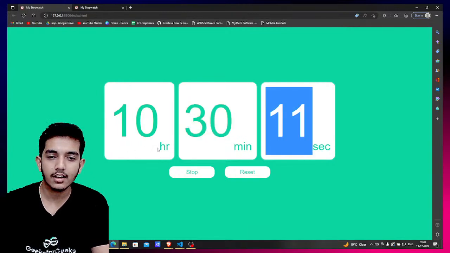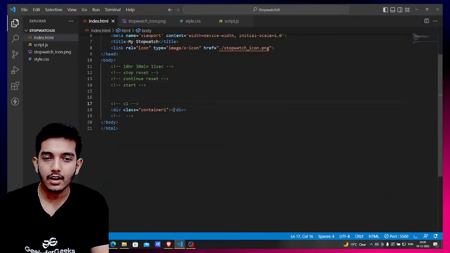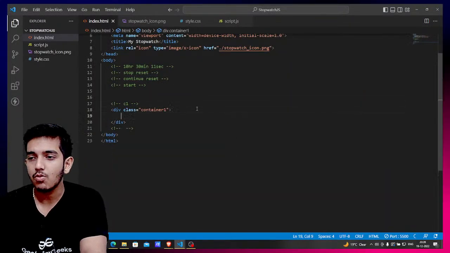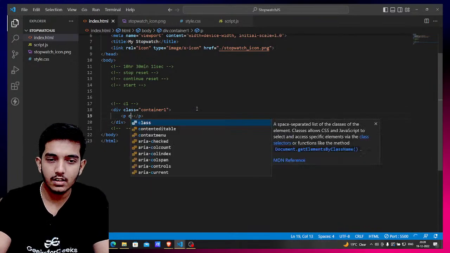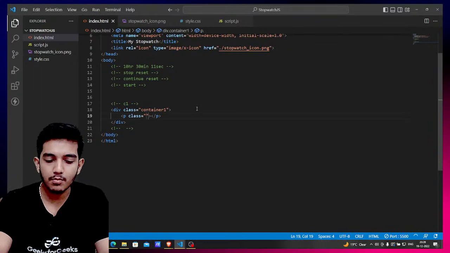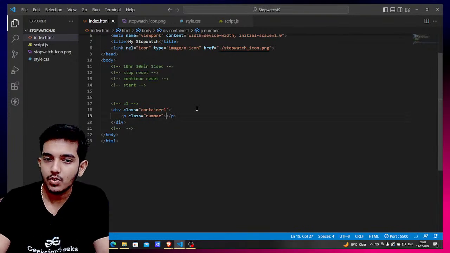Also the span tags will be in small fonts. That's why I'm creating a specific p tag and span tag inside this. So for this you can simply write p. Simply write the p tag, and I'll name its class number. You want this as a number, and inside this you can simply write